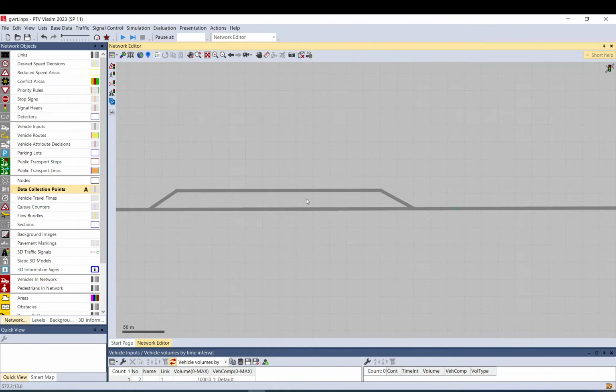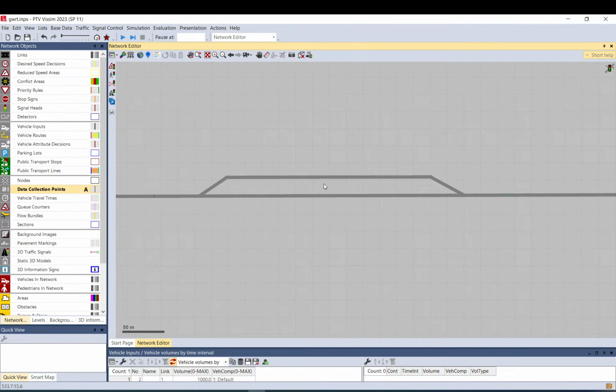Hello. Today I'd like to show how to count vehicles, how to show vehicle count live and after the simulation as well. How can you deal with attributes if you have multiple runs and multiple time intervals or periods within an hour, let's say. Let's say you have 5 runs or 3 runs and you have 15-minute intervals. So how can we switch between those and show it for multiple locations at the same time as